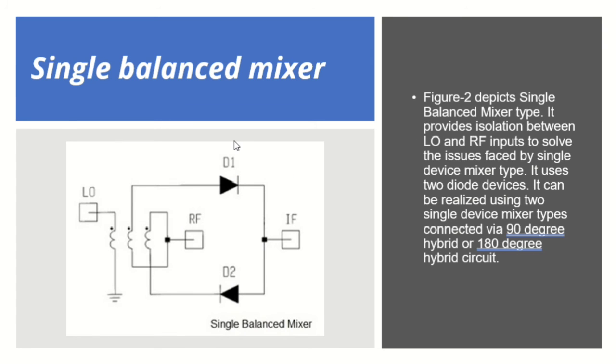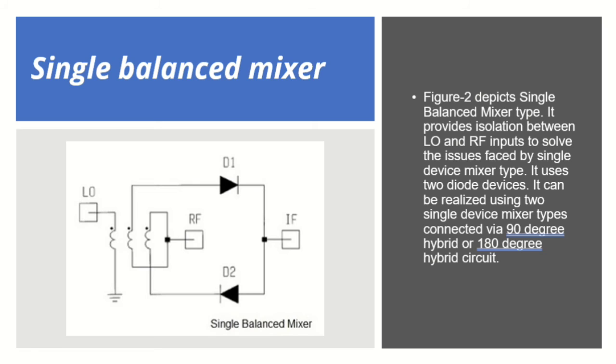So this is the single balance mixer. If you look at this figure here, this is the circuit. It uses two diodes, D1 and D2, and it has two inputs, LO and also RF, and this is the output, the intermediate frequency IF, and it uses a transformer here. So the function of this transformer is basically to switch on and off. The two diodes switch the LO on and off. So if the LO is on the positive side,